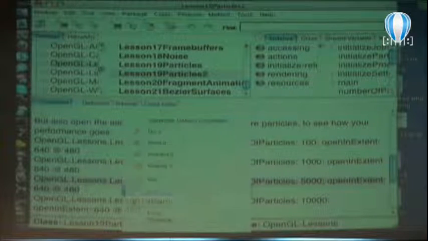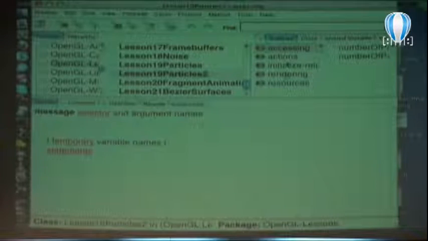Particles 2 is kind of fun. Let's do about 5,000. So here's a swarm of particles where he's showing lots of different geometries and how you're dealing with those. So this was neat, because I could go through here, and one of the things he does, he just simply puts the